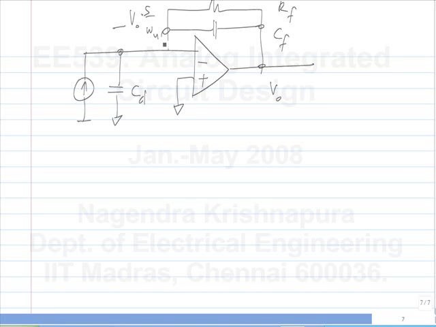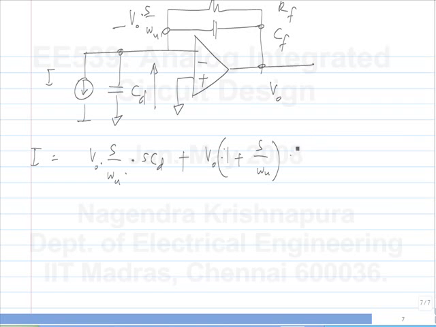So again we do the full analysis to get the expression. So this is the current that is flowing through CD, okay, this part. And the current flowing through the feedback network is... Okay. So I multiply the whole thing by RF and I get V naught by I to be